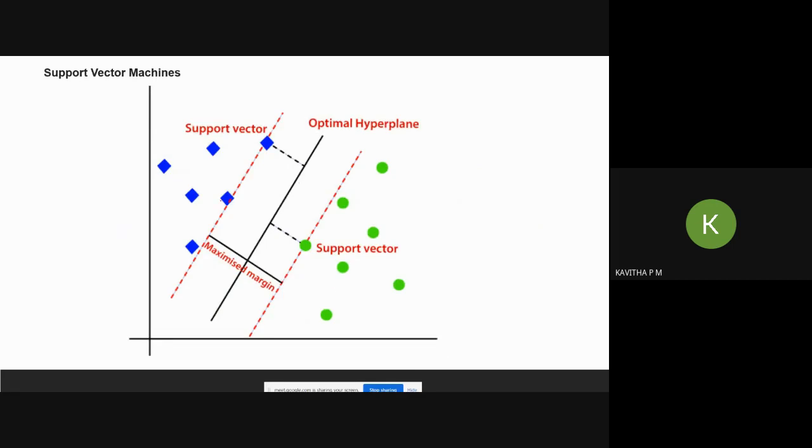So as I told you, we'll be finding the support vectors. So this is one support vector, and this is one support vector. Based on this, we'll be classifying and analyzing the maximized margin. So this is the margin limit, the maximum margin we can construct in this particular hyperplane. It is not that we can draw the line only in this particular way. We can draw the line in any way, right?